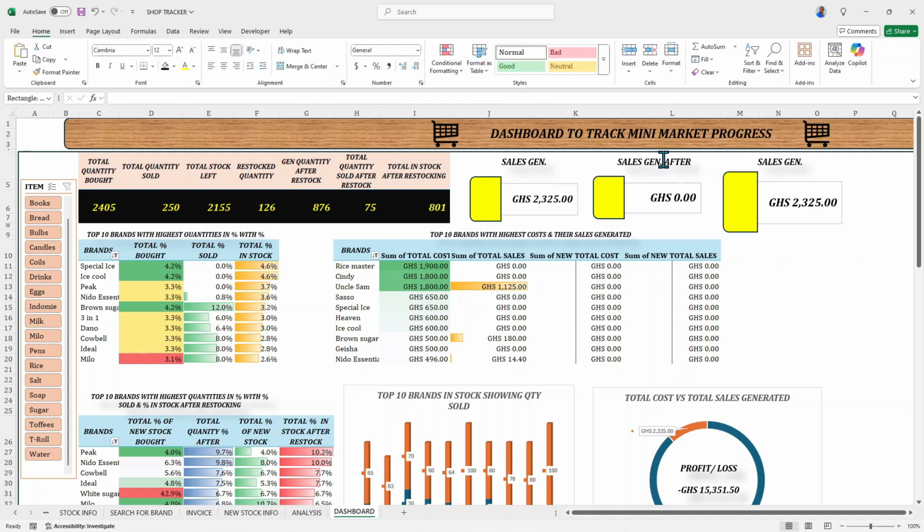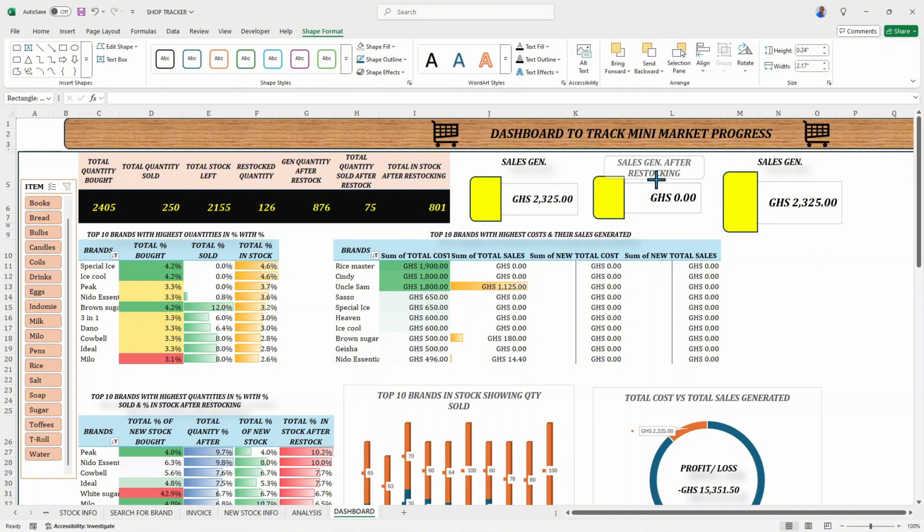Okay, let's make some few edits to it. Let this one come down. Let this one come down also. Okay, and now let's resize this. Let's resize it a bit. And also this one will be our total sales generated. So let's simply type in the total sales generated. So now